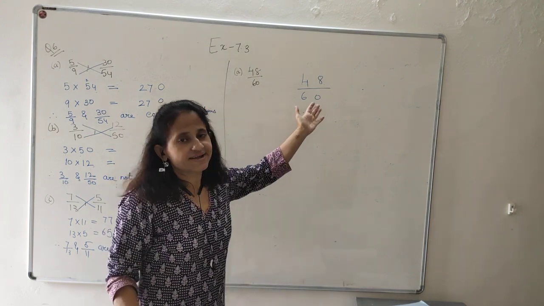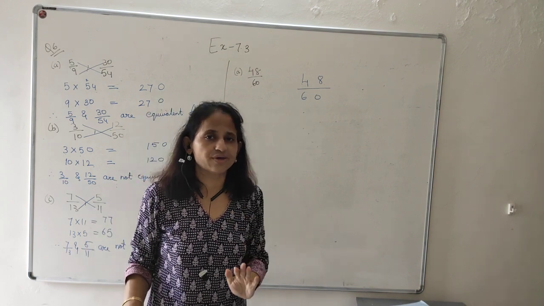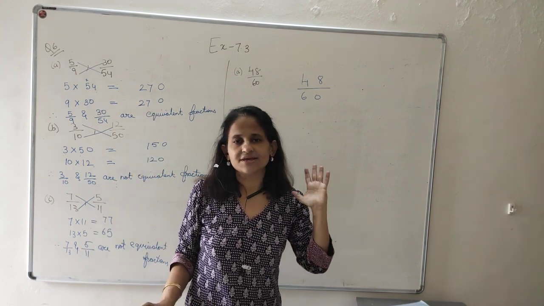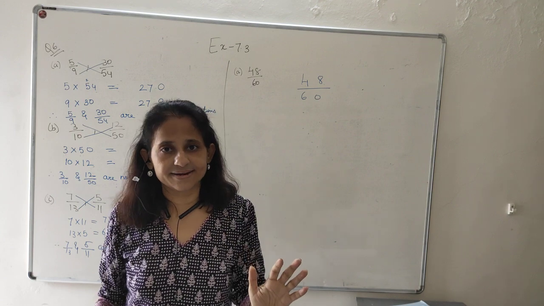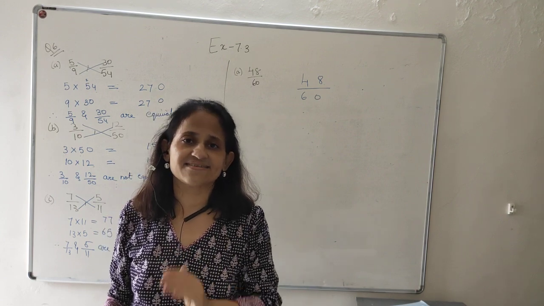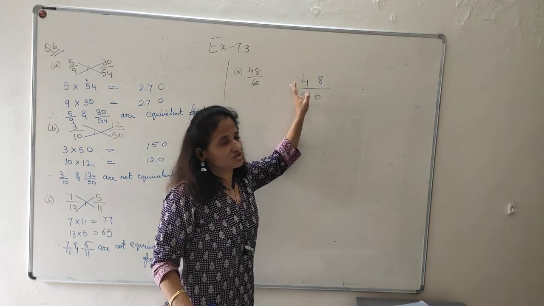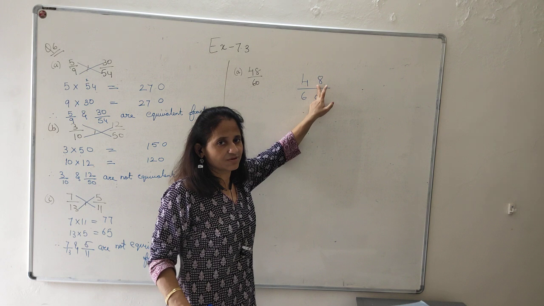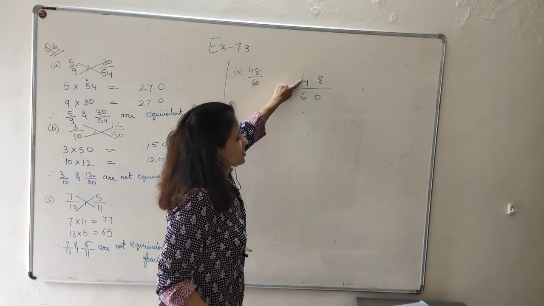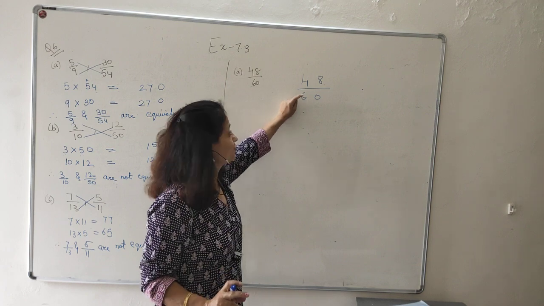This is also called the cutting method. I am using the small number only to explain to you. You can directly use 6, I don't mind. But here I am showing you how to do it in a small and systematic way. I will do the division here only. I am using the table of 2 because 48 and 60 have a common factor 2.